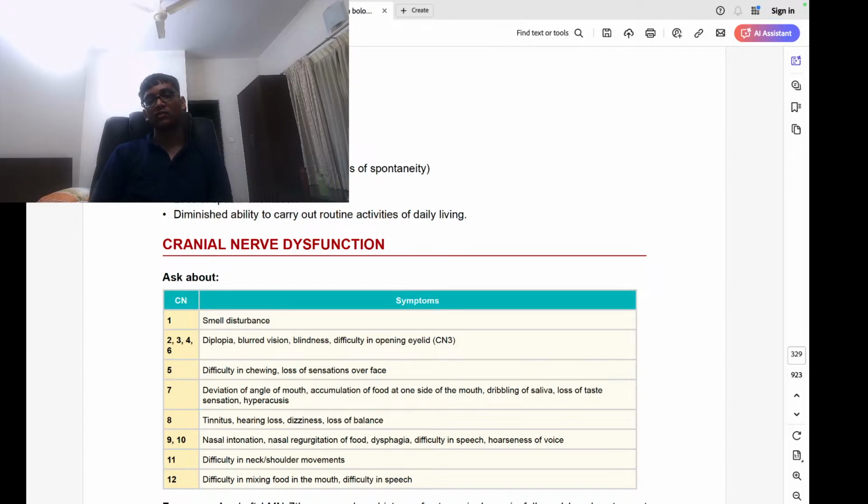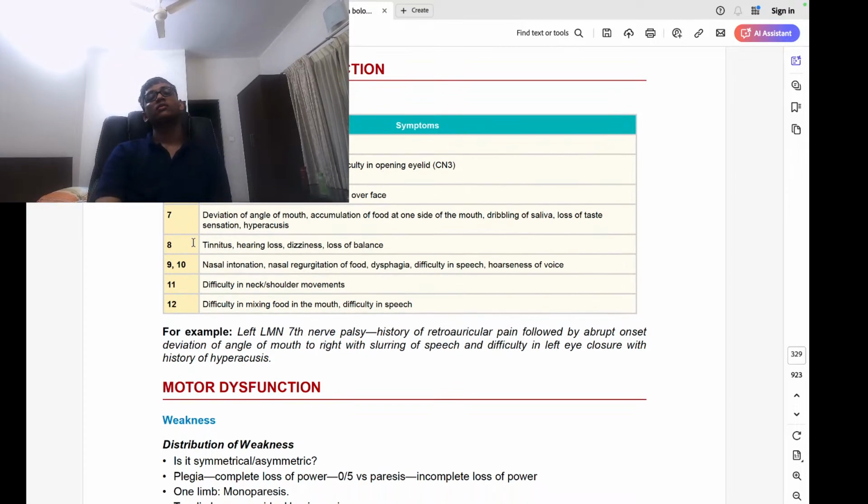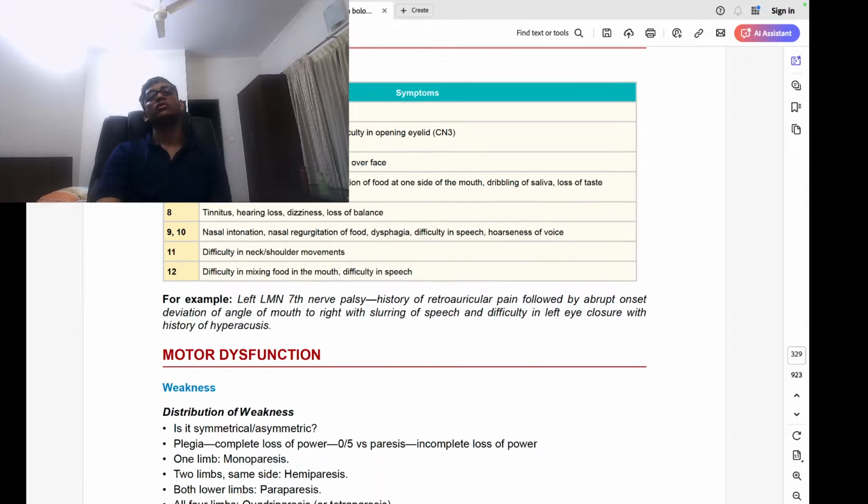Then cranial nerve dysfunction, you need to ask about cranial nerve 1, which is having smell disturbance, 2, 3 and 6 diplopia, blurred vision, blindness, difficulty in opening the eyelid, 5 is difficulty in chewing and loss of sensation of face, 7 is deviation of angle of mouth, accumulation of food in one side of the mouth, dribbling of